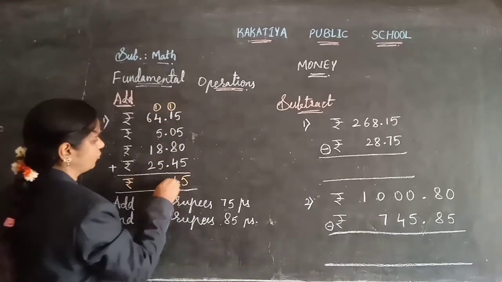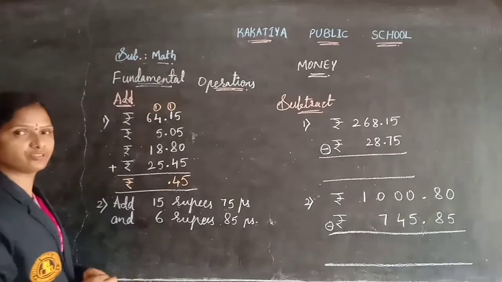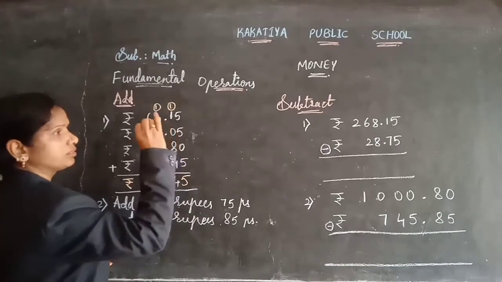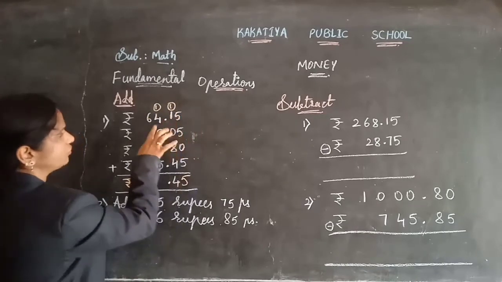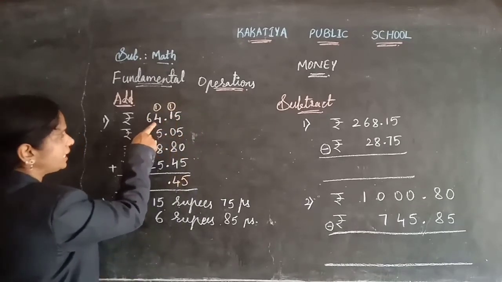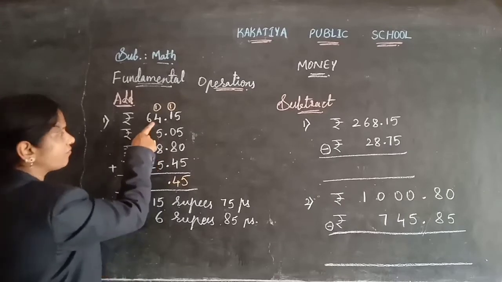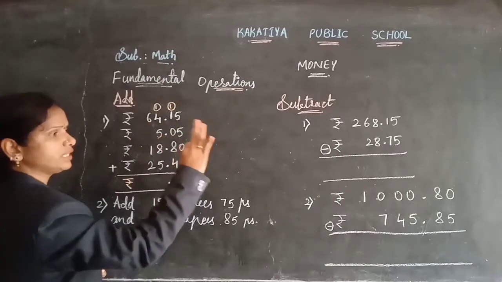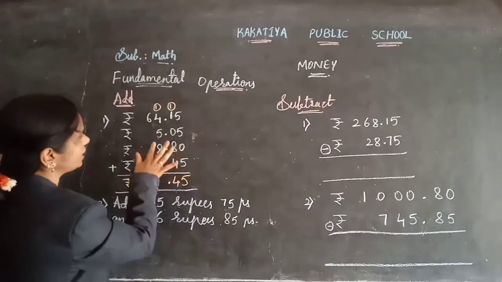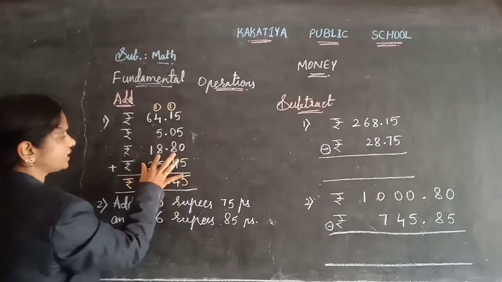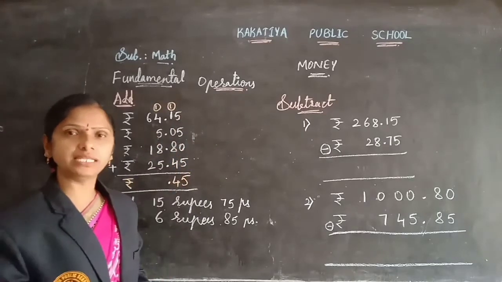Okay. And now 1 plus 4, 1 after 4, children, means 2, 3, 4, 5. So till here we will get the 5, children. Next also we have the 5. So 5 after next to 5, 6, 7, 8, 9, 10. So we are getting 10 here. 10 after next to 8, that is 10 plus 8.